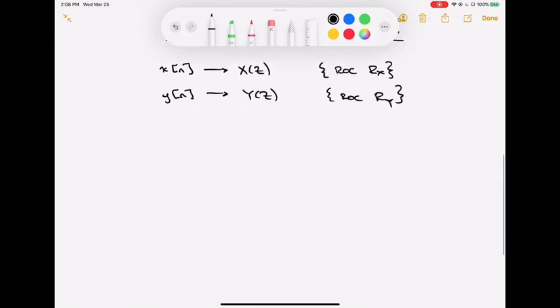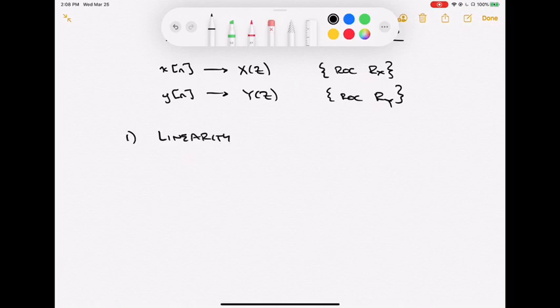And what I'm going to do is just use that information as we develop some of these properties. The first property we'll talk about is one that we really should expect for a Laplace transform, a Z transform, any of these. Laplace and Z transforms both are linear operators, and so it's no surprise that we have a